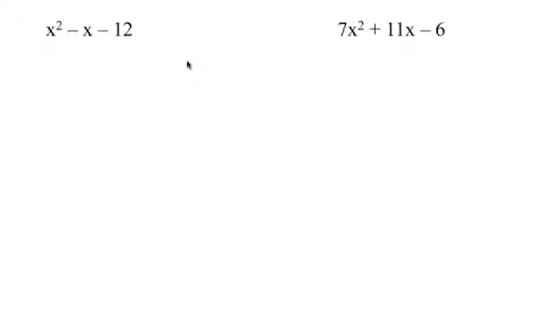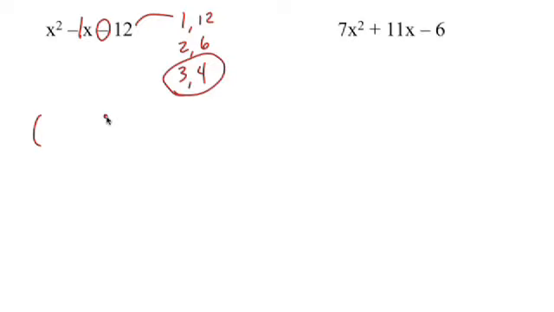Now, just to review, in case you didn't watch the other video, with trinomials you basically have two types. One without a power or a coefficient on the x squared, and then one with. The one without is, of course, the easiest one to deal with. Write out all the factors of 12 first. And then you ask yourself, what factors of 12 subtract to give me that middle term, 1? Well, obviously it's the 3 and the 4.